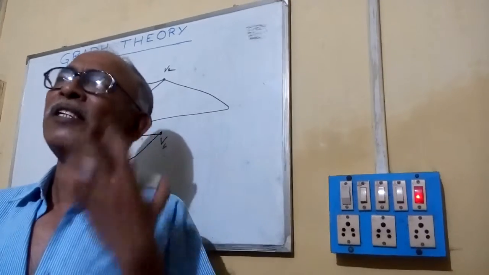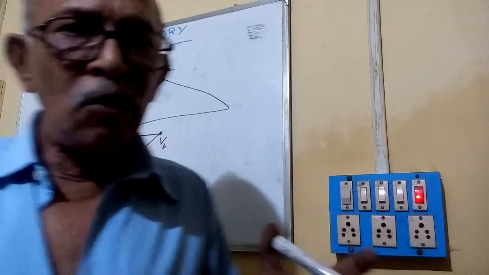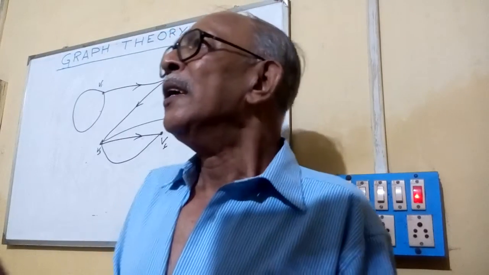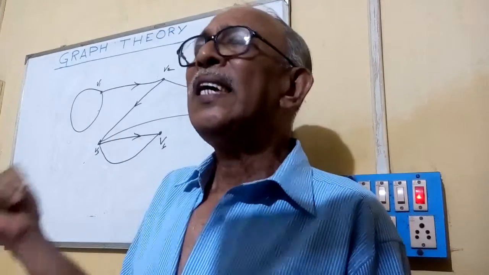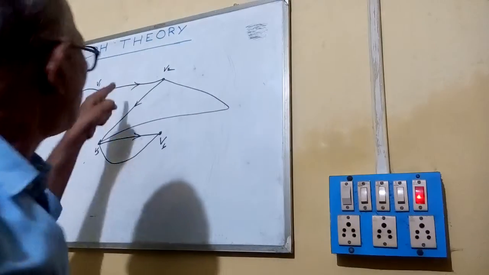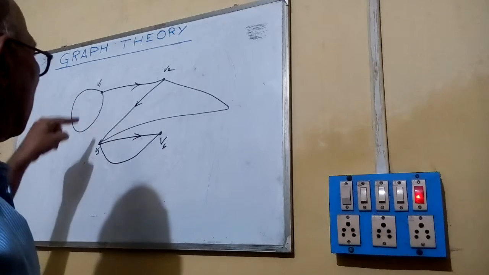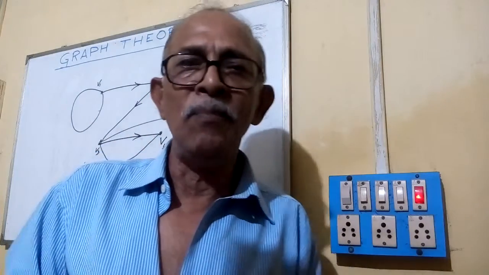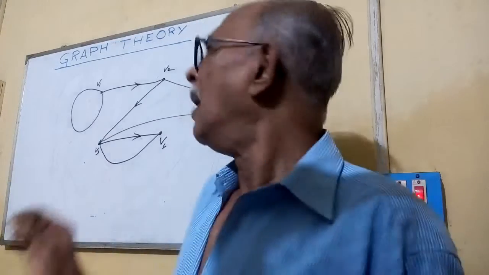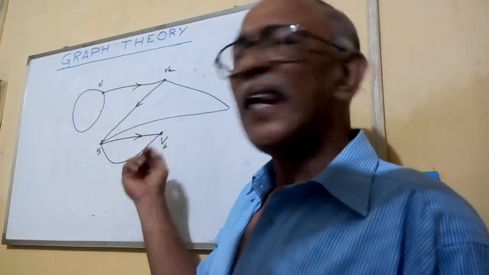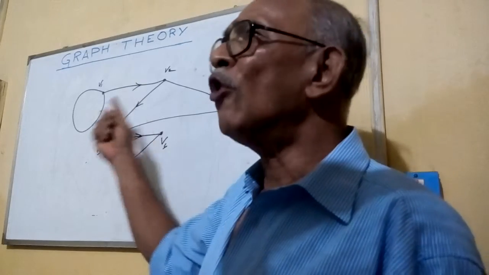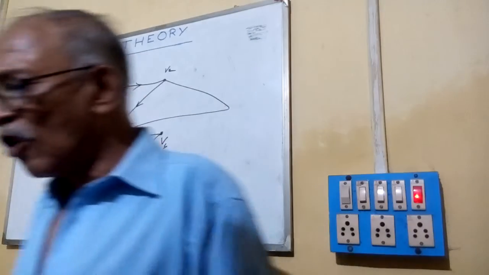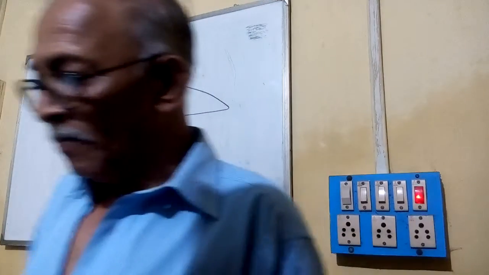Now we will reduce our zone of discussion. So we will consider a graph where some vertices are there, edges are there, but no direction is there, no loop is there, and no parallel edge is there. Then it is known as a simple graph. So what is a simple graph? A graph consisting of vertices and edges where there is no loop, no parallel edge and no direction is called a simple graph.